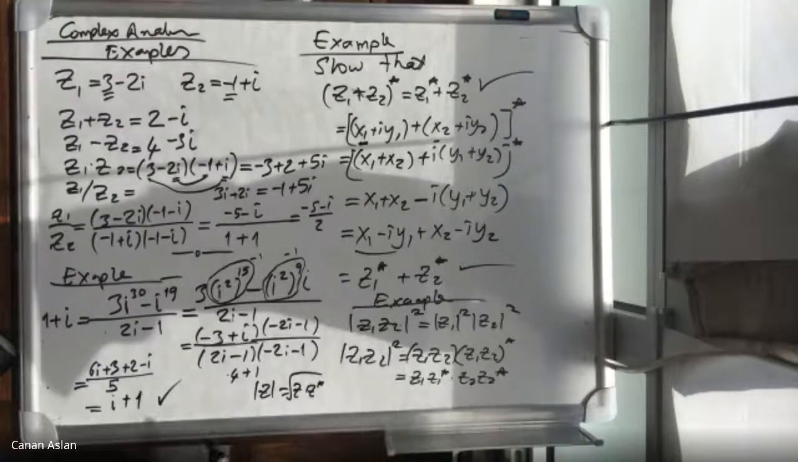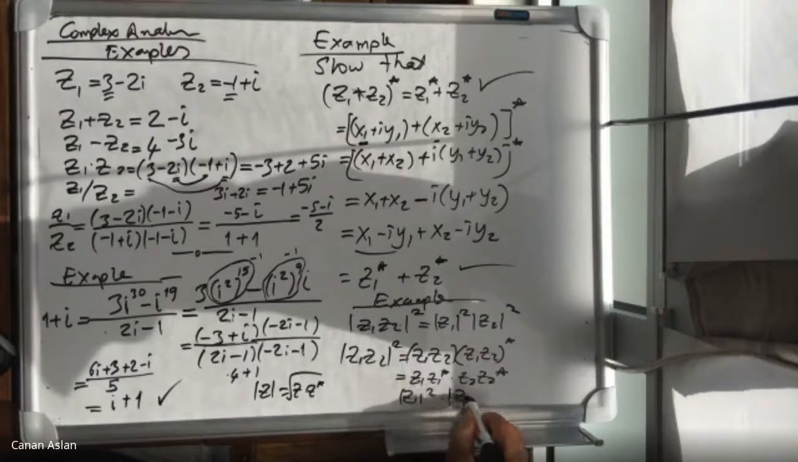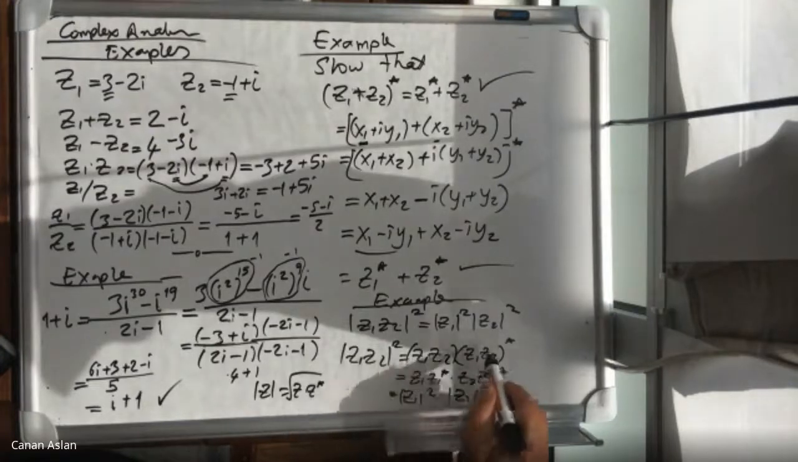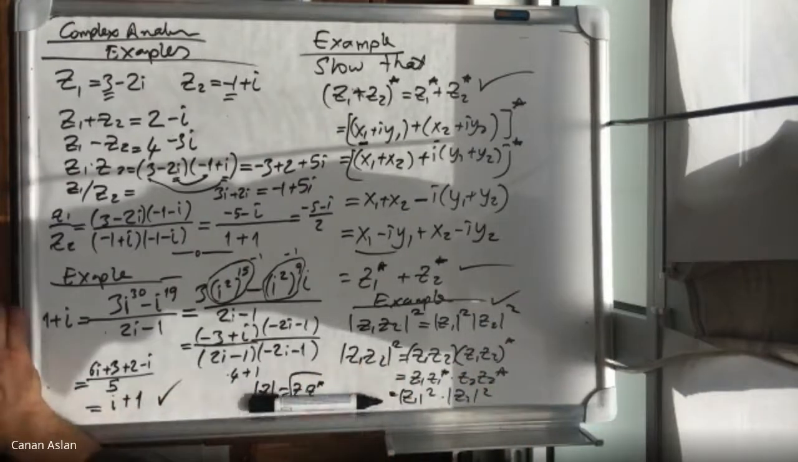Nothing changes, though we can change the order of this product. Everything is multiplied again. But now, this Z1 Z1 star is just the magnitude of Z1 squared, times this, the magnitude of Z2 squared. So it checks. So this is also correct. Okay, now we are